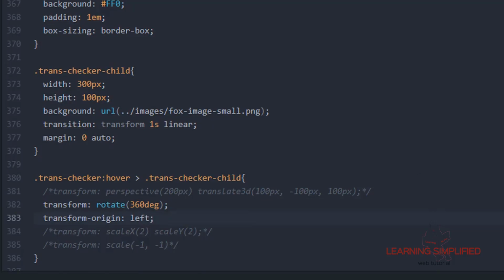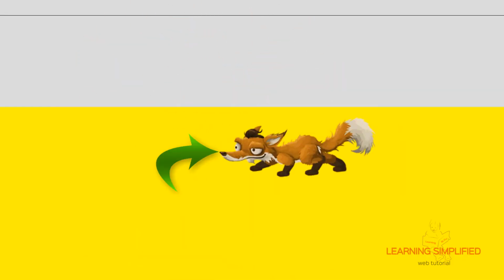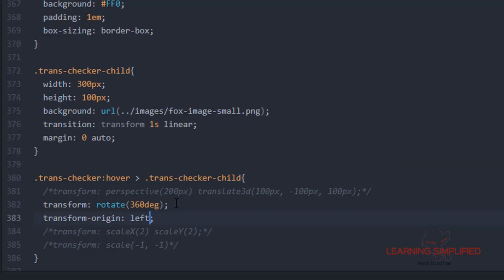Let's clarify this question again. We can see that on mouse hover, the image is rotating on this particular nose of the fox. But if we move our mouse out, then we can see no such significant effect taking place while it is deviating back into the original position. So how to overcome this? This is the trick that we need to do over here.